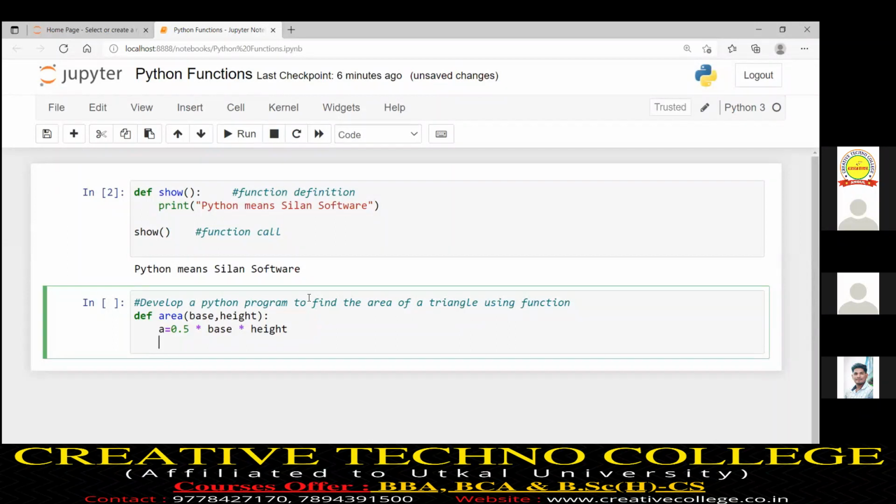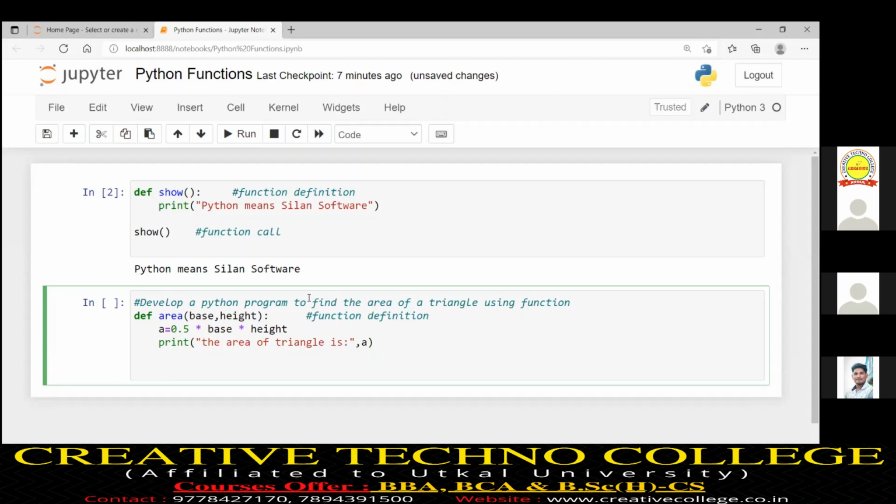Then I will write my output statement, because without an output statement, the output value never comes to the picture. So I can write: the area of a triangle is, the value of a. Now this is called the function definition.